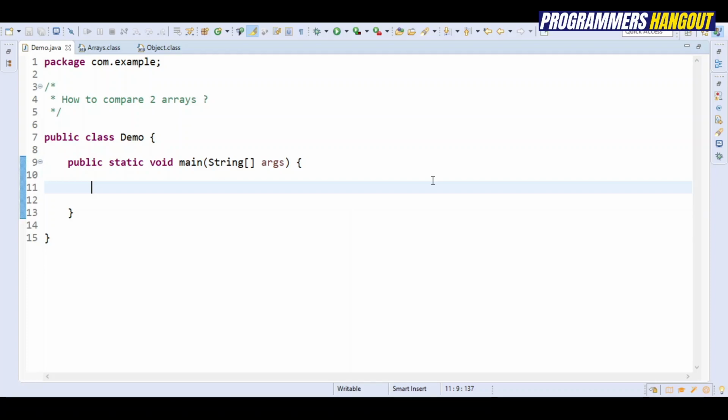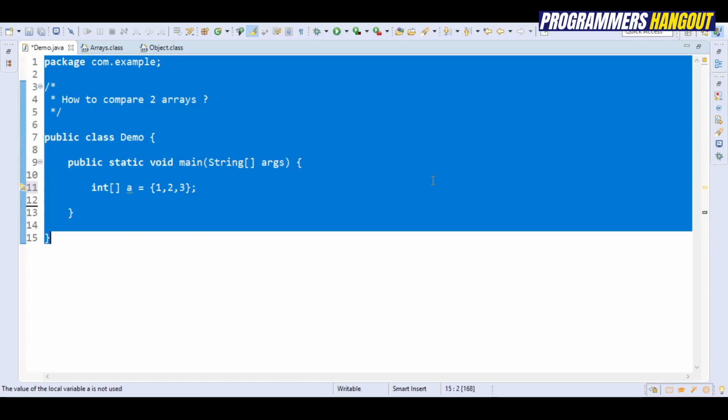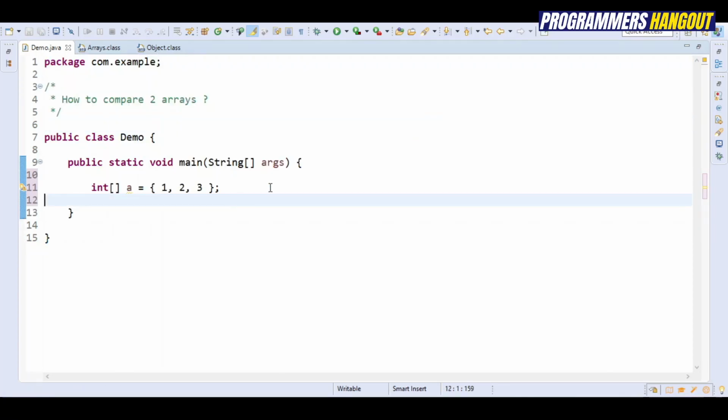Arrays in Java are objects, whether they belong to a primitive type or a reference type. Let's take an example. I'm creating an array of type int, a primitive int. Now here I have created an array A of type primitive integer.